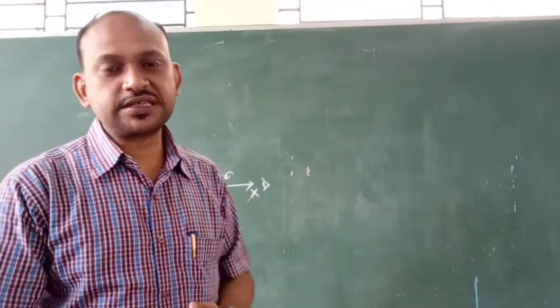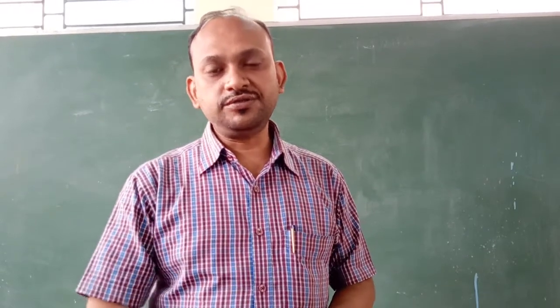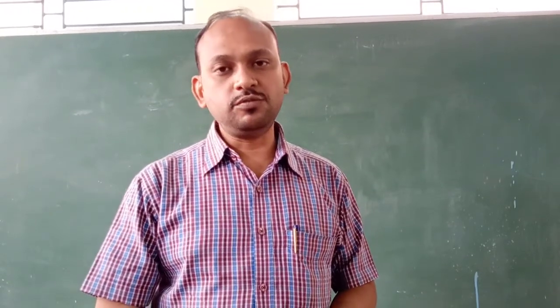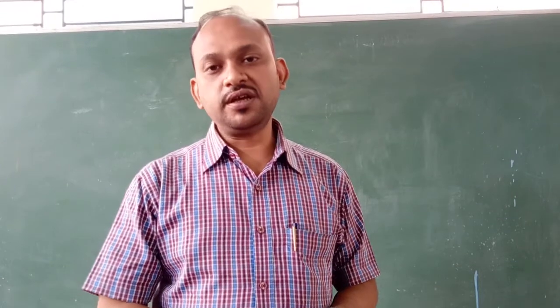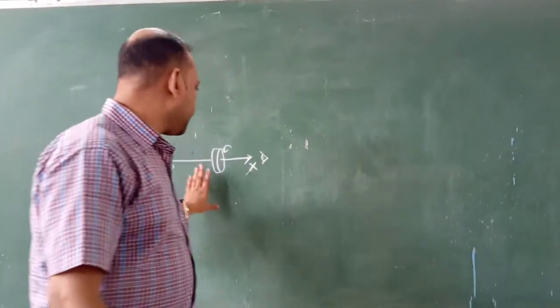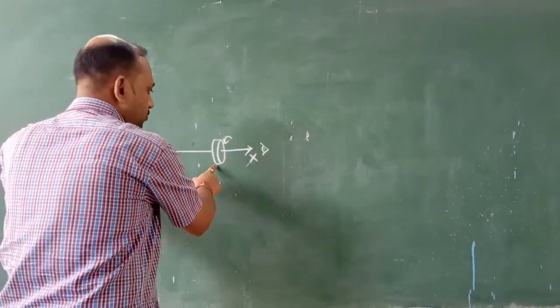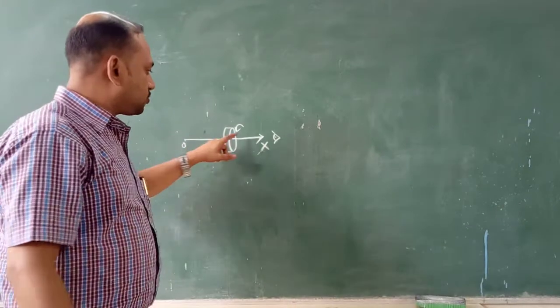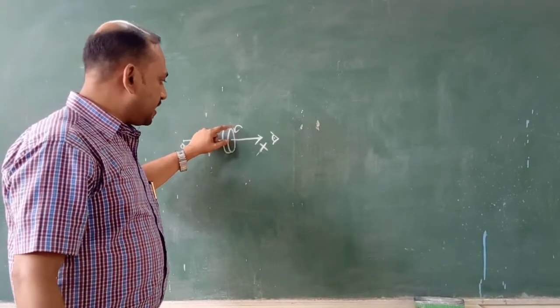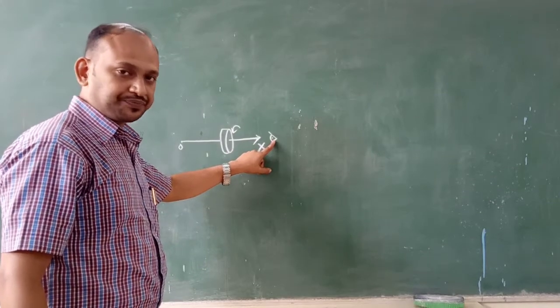Discussed in the previous class. Today we will talk about the effect of gyroscopic action and precessional motion on a rotating body when a torque is applied. So as discussed, now let us consider that there is a rotating disc which is having an anti-clockwise direction of rotation when seen from the front.